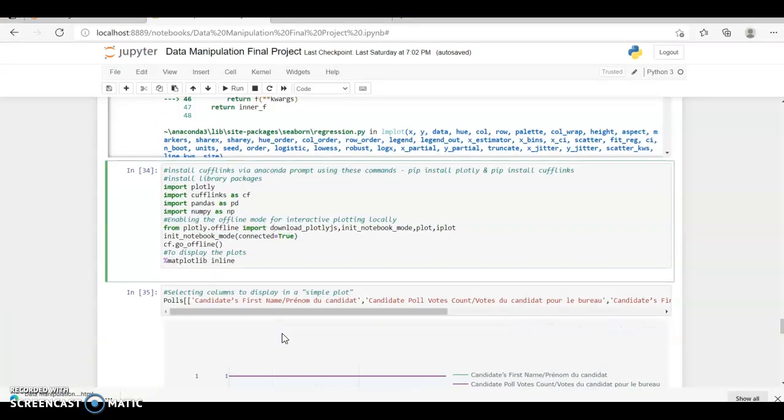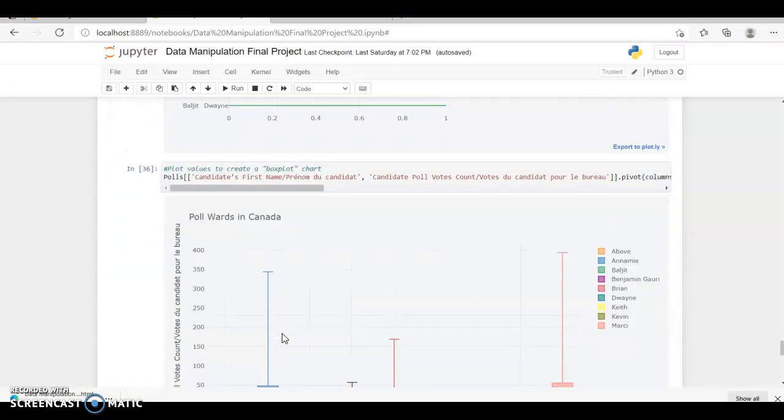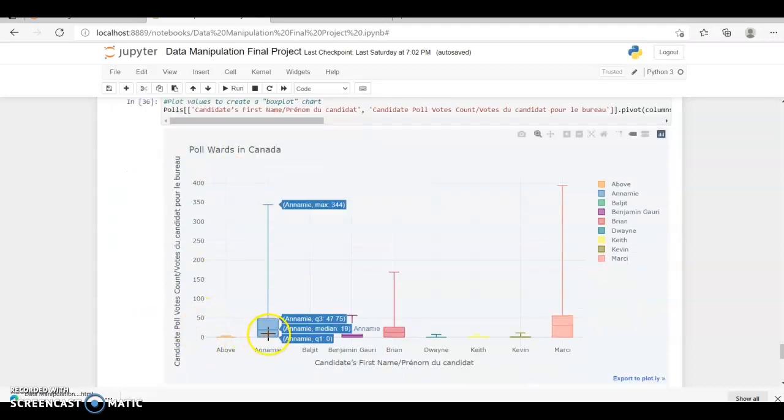In the pyplot library, as you can see in the box plot, we can see the IQR, the first quartile, the second quartile, the third quartile, the mid value and the maximum value of any data which we are clicking over here.